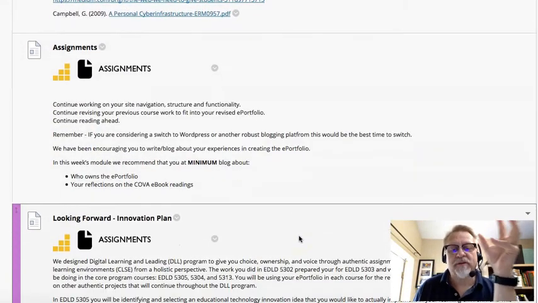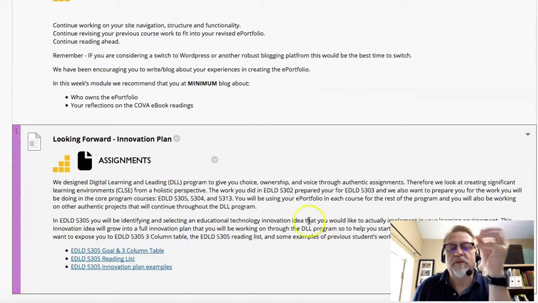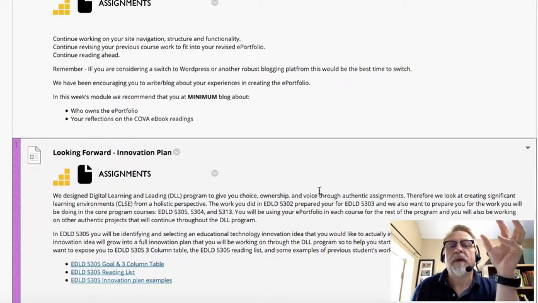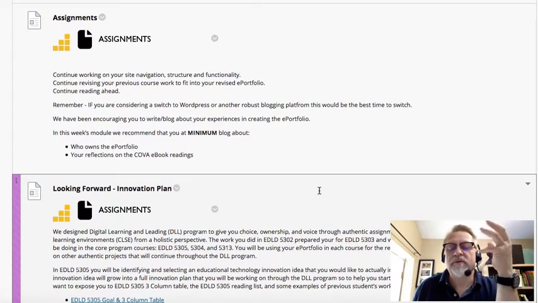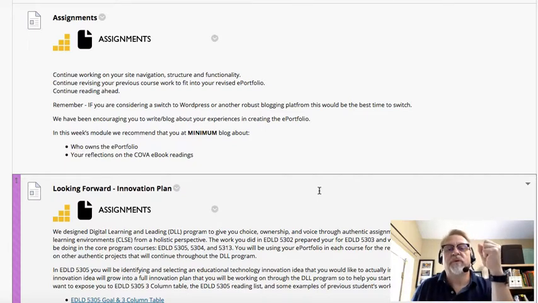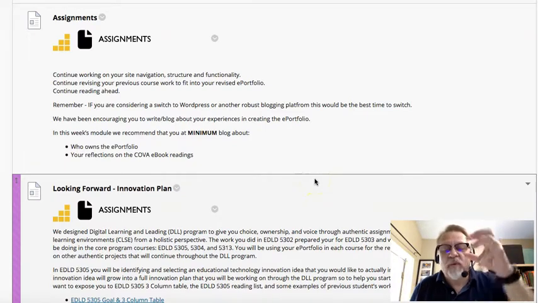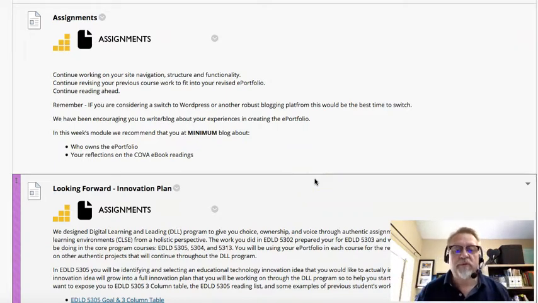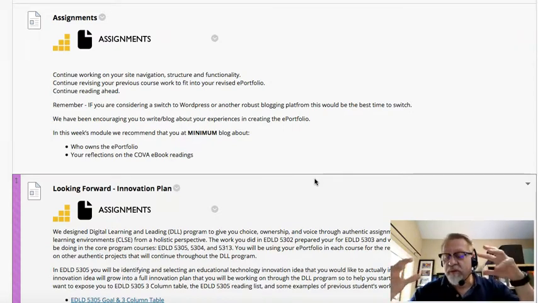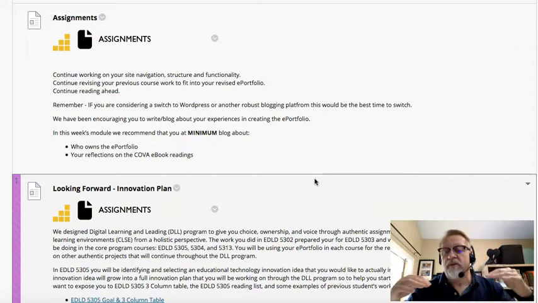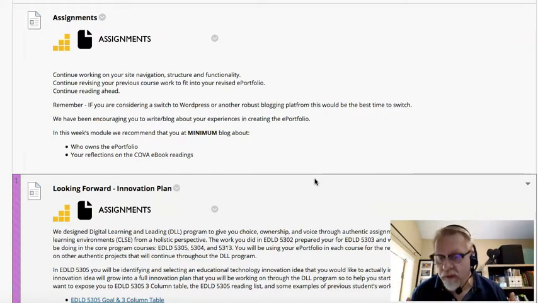But on a practical note, what does that really mean for you? How do you start to own it? How do you start to really make a difference with it? Well, this is where we take a look at the e-portfolio. And since I've been using the e-portfolio for a long time, I'm going to point to what I do with my e-portfolio and share some things that are unique to what I do